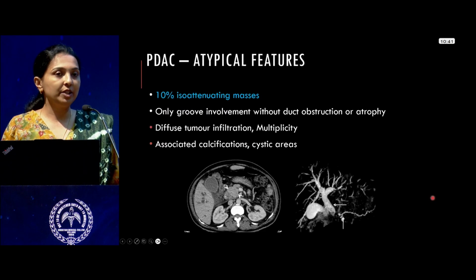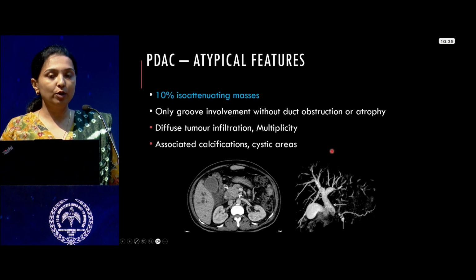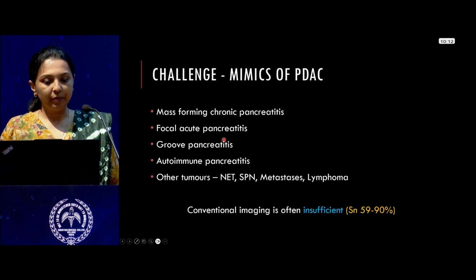Now, many times features are not so typical and they can be atypical as well. For example, around 10% of tumors can be isoattenuating, so we may not see them properly. The tumor may be only in the groove without ductal involvement. Tumor could be diffusely infiltrative or multiple, also creating diagnostic confusion. And when there are calcifications and cystic areas, it becomes difficult to differentiate from chronic pancreatitis. So, beyond this, there are benign mimics of pancreatic cancer like mass-forming pancreatitis, focal pancreatitis, groove pancreatitis, autoimmune pancreatitis, to name